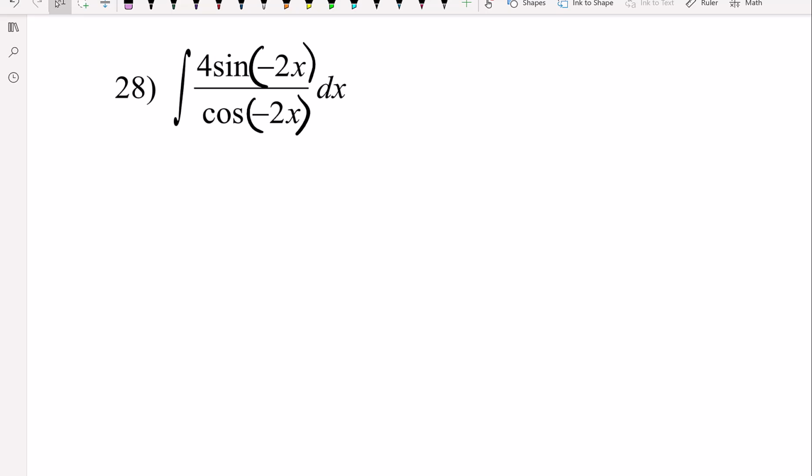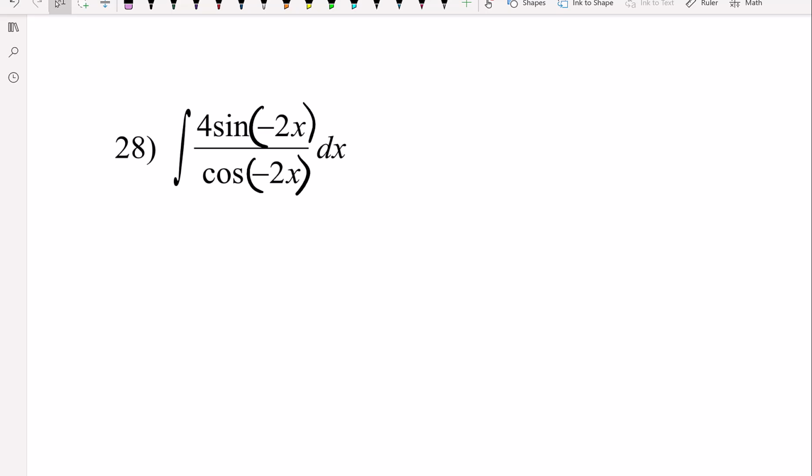Okay, this one is going to be a standalone video because it is pretty complex. And once you know what to do, maybe not so much, but this one's a little bit tricky. First thing I recognize is we've got a sine theta over cosine theta. We're going to rewrite this, and I'm going to bring the 4 out front as just tangent